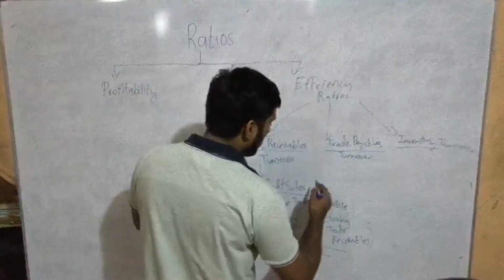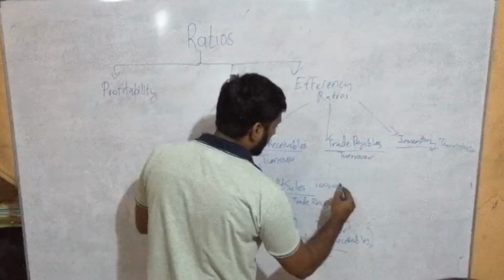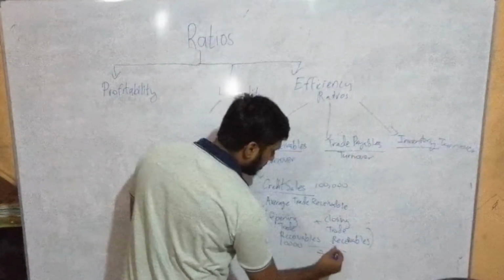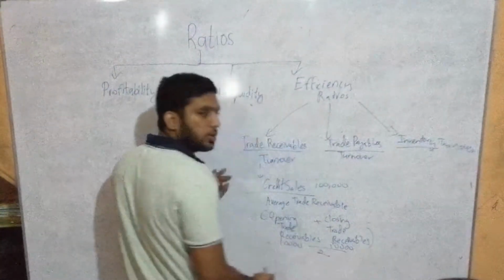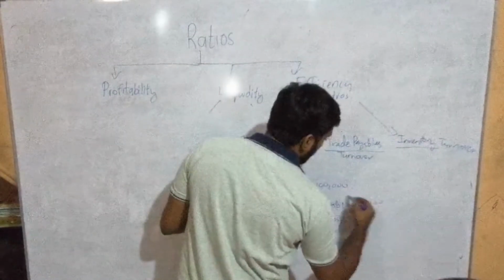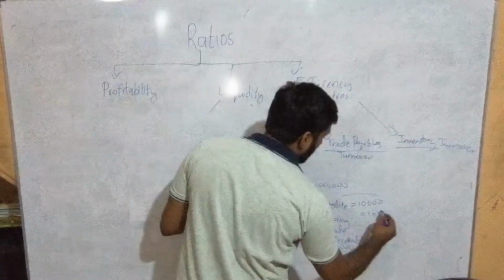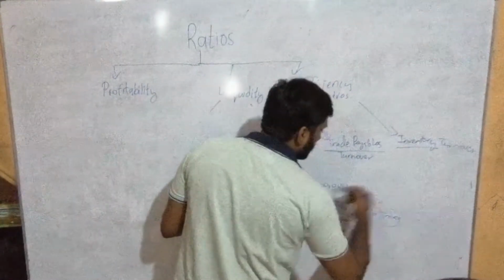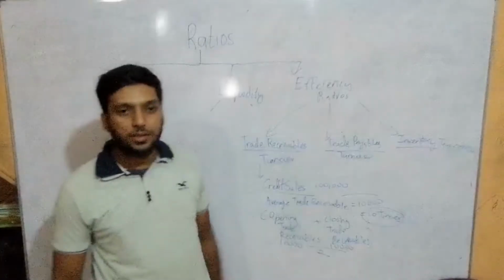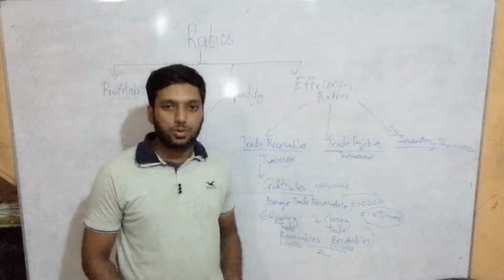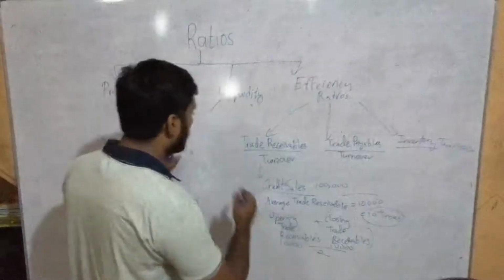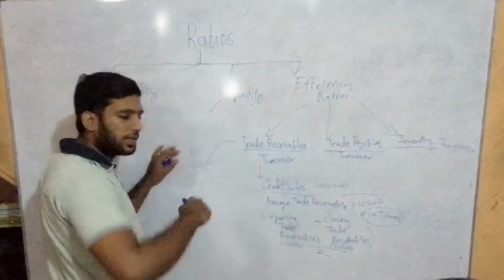So if you got credit sales, for example, 100,000 and you got average trade receivables opening 10,000 and closing 10,000, so 10,000 plus 10,000 is 20,000, divided by 2 is giving you 10,000. So 100,000 divided by 10,000 will give you 10 times. So you should be able to write in times. If you don't write in times, if you put 10:1 or 10 into 100 is giving you 1000%, it's wrong. So don't write that, guys. Don't make this blunder.